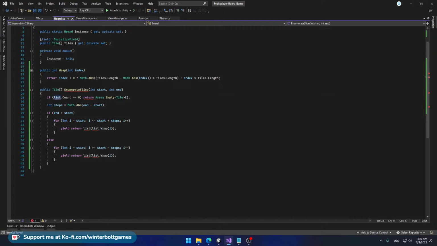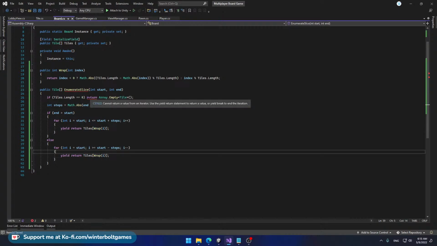Okay. I'm going to change this to tiles. Here as well, it's going to be tiles. And we're going to call wrap. And tiles and wrap. Okay, let's see. Yeah,